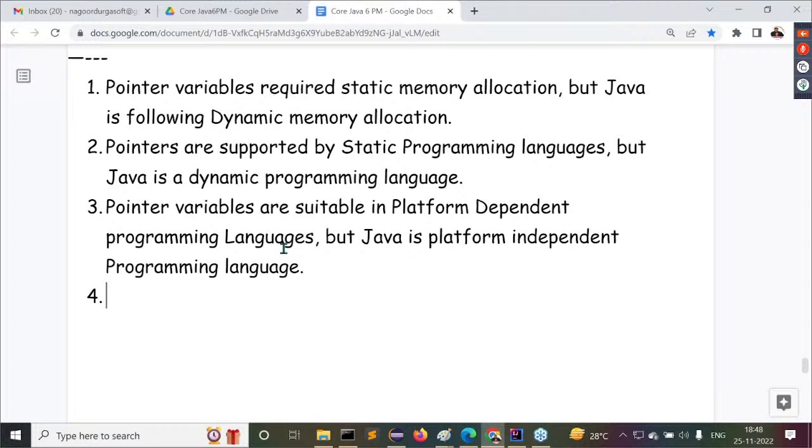P1 is referring to the P2 pointer. The P2 pointer is referring to the P3 pointer. The P3 pointer is referring to the P4 pointer, and so on, until the P10 pointer is referring to the actual data. This is going to happen. If the pointer level is 1 level, 2 level, 3 level, we can trace it easily. We can identify which pointer is storing which value and which pointer is referring to the actual data.